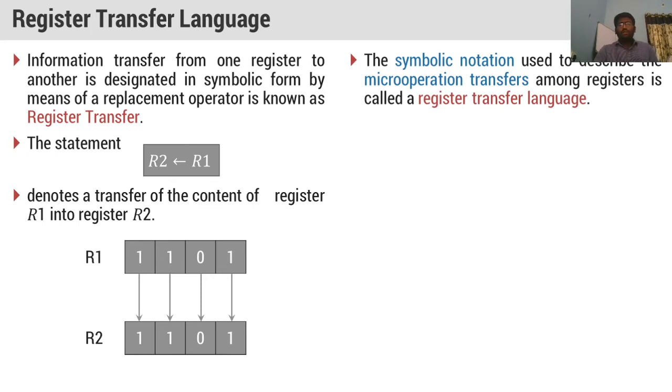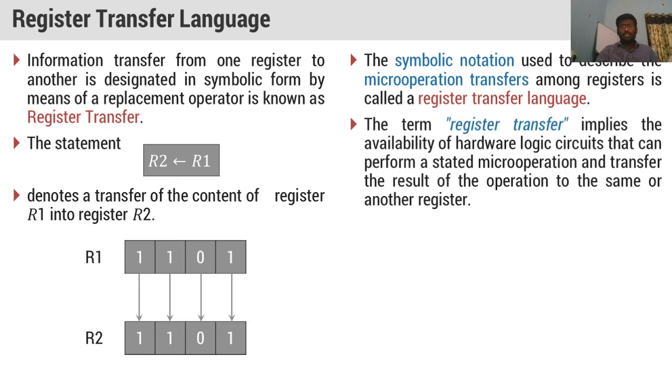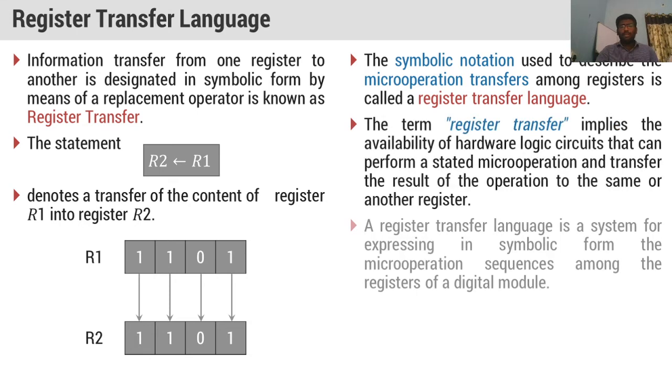And I also told you about the symbolic notation used to describe micro operations. Micro operation means what? If I perform any operation on the contents of a register, that is called a micro operation. Many examples I have given you. That can be a register transfer. We can apply a shift left operation, shift right operation, any arithmetic operation. Everything is called a micro operation.